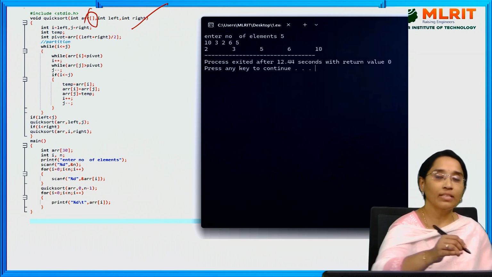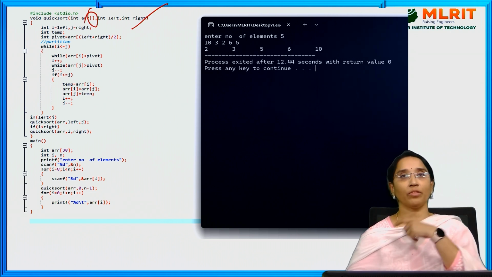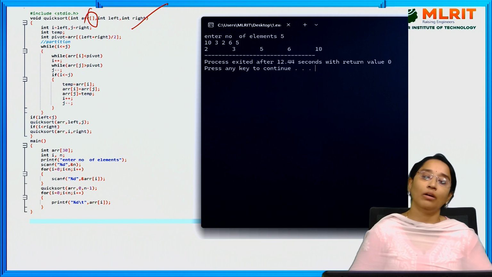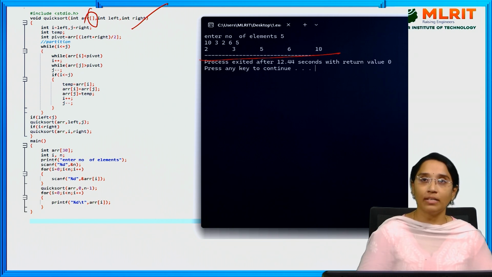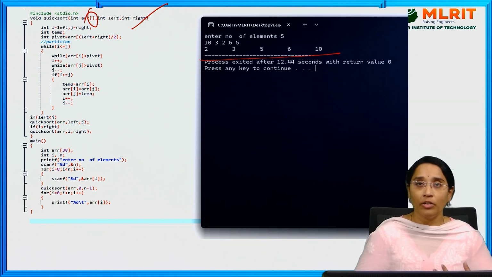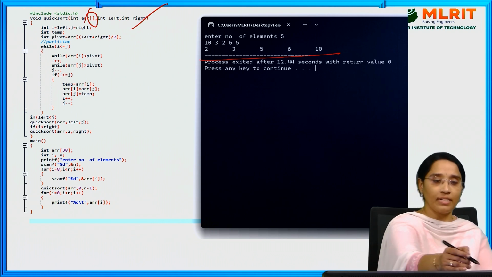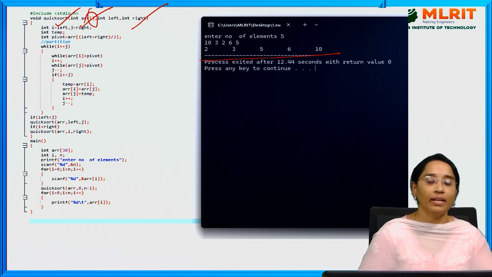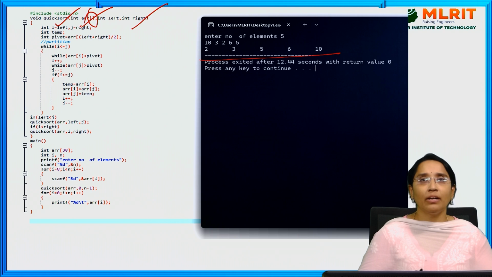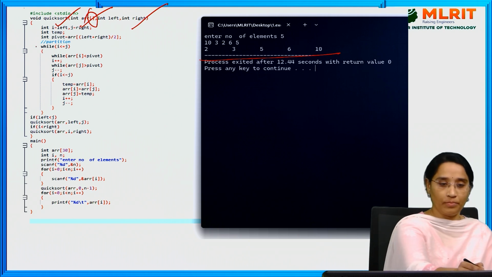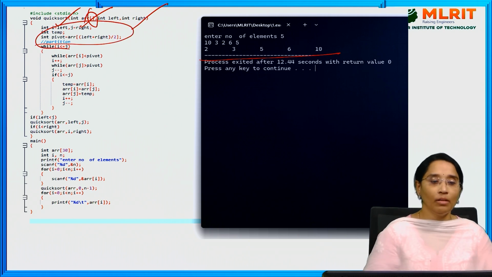Obviously, that is the subscript of the array. It is a 1D array; we are doing it on a 1D array. How to pass an array as an argument: you just pass the subscripts as parameters, int left, int right. int i = left, so i is initialized to left and j to right. Next int temp. int pivot = array[(left + right) / 2]. The partition. Next, while i is less than or equal to j,